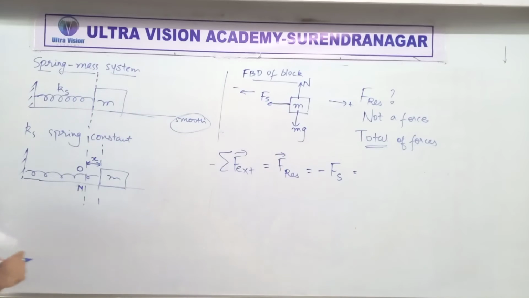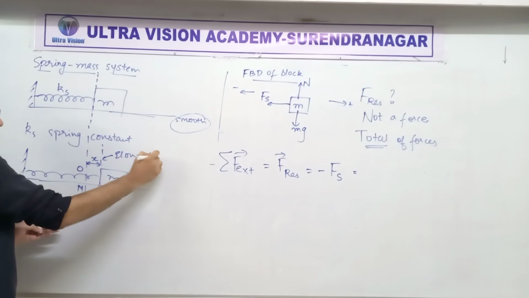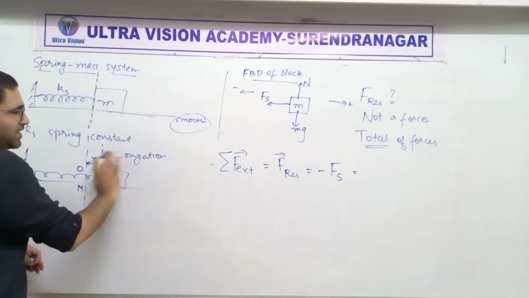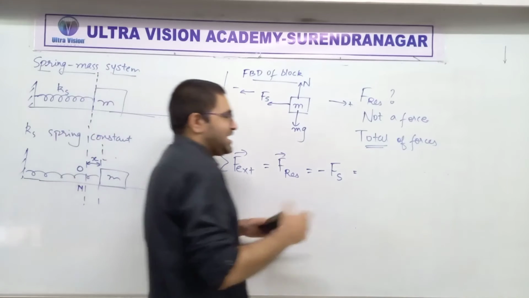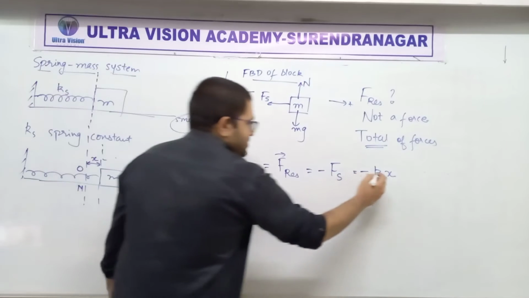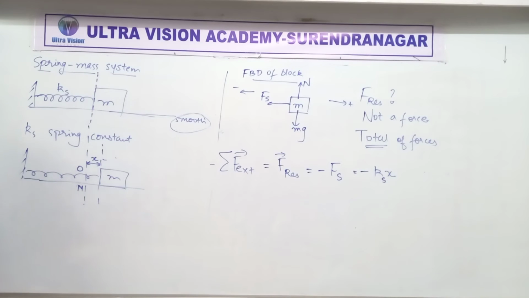So what is Fs? When you have stretched a spring by a distance x, this is elongation, isn't it? This is also elongation. I agree it is displacement, but it is also elongation, right? So that's why instead of spring force in magnitude, I can just write kx. Minus sign already there. Clear or not clear? But this is the spring constant, not the force constant. Ks, not K. Ks, spring constant.